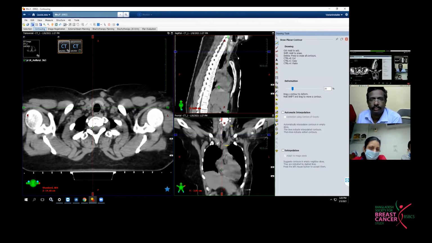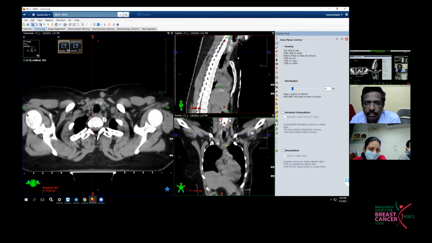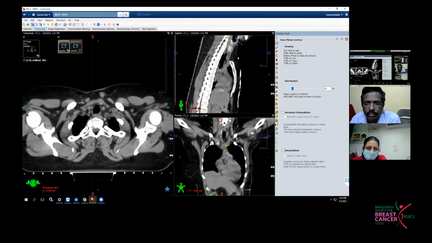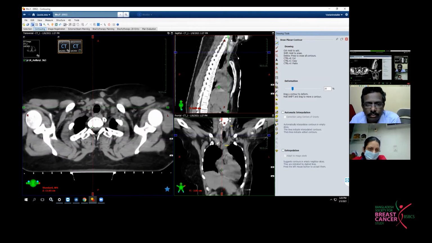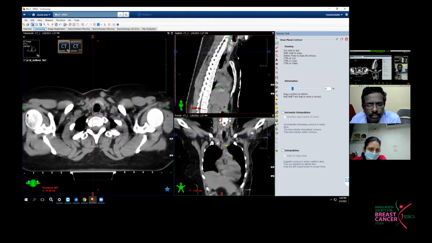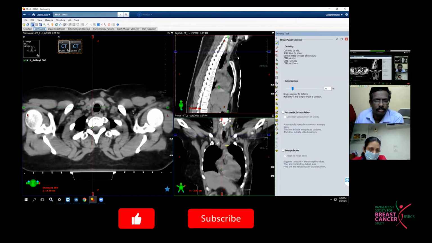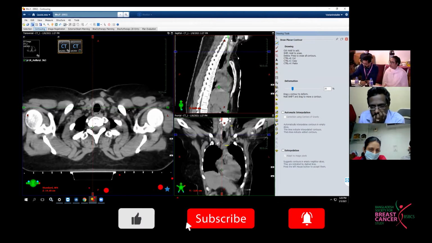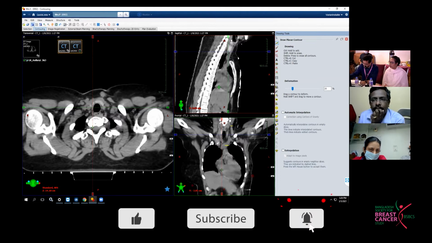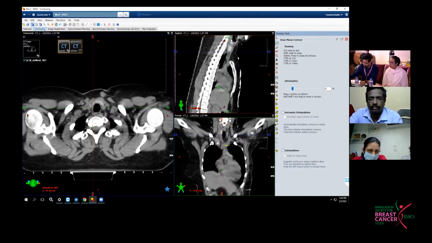Posteriorly, there will be ribs and intercostal muscle. This is the intercostal muscle. Laterally, there will be the medial border of the pectoralis minor muscle. And actually, the pectoralis minor muscle is barely seen here. This is the pectoralis minor. Is there some insertion there? So the lateral border will be medial to the pectoralis minor, and the inferior border will be where the axillary vessel crosses the medial edge of the pectoralis minor.